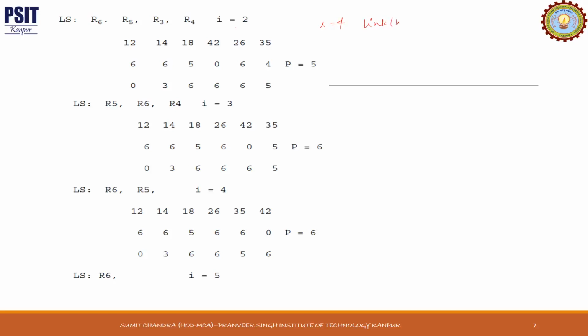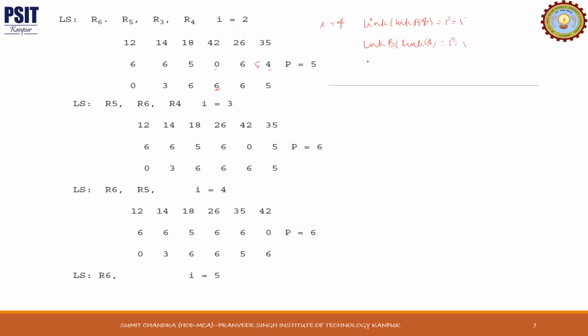So link B of 4 is equal to P, that is equal to 5. So link B of 4 is 6. Okay, so link of 6. Link of 6 is 4. Now this will become 5. And then link of 4 is equal to P is equal to 5. So link of 4 we have to see. Link of 4 is 0. So link B of 0. There is no element, no R0 element. So we'll leave it.